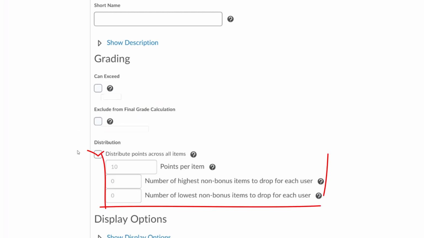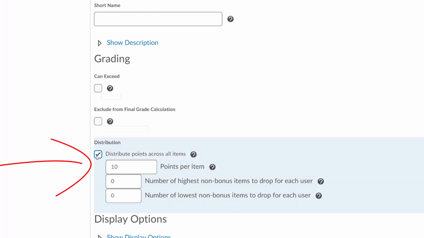And then for distribution, this is very useful if you are creating a bunch of assignments that you plan on being worth the same amount of points. So if you're having students complete quizzes for your class, and you plan for all those quizzes to be worth, let's say, 20 points, what you can do is select distribute points across all items, and then change the point